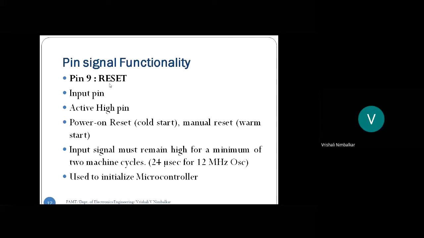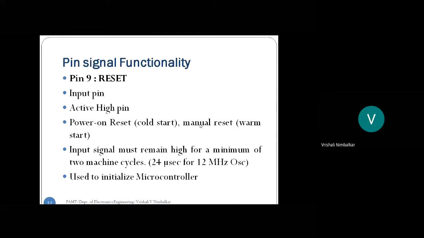Okay. And up till now we are continuously saying that on resetting the microcontroller, this happens. On resetting the microcontroller, this functionality happens. So we are going to look at that reset pin. Okay. Now, there are two ways you can reset the microcontroller. One is power on reset. Applying the VCC to the microcontroller is power on reset.